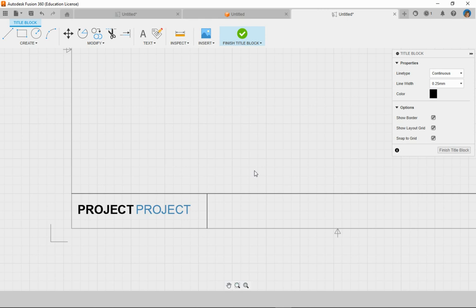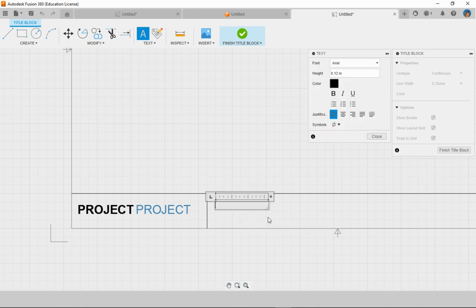The next thing we are going to put in here is going to be the title. So the project name is the project folder it comes from. The title is the name of the actual file itself. So we're going to go up to text. Again, I'm going to click right in here and drag out a little bit. And I'm going to type,